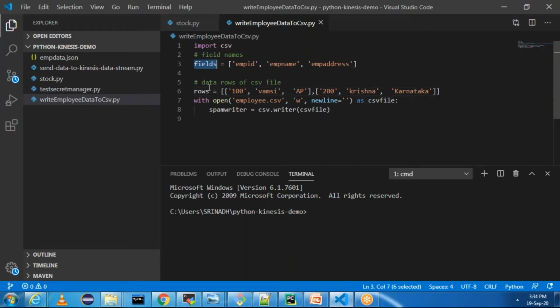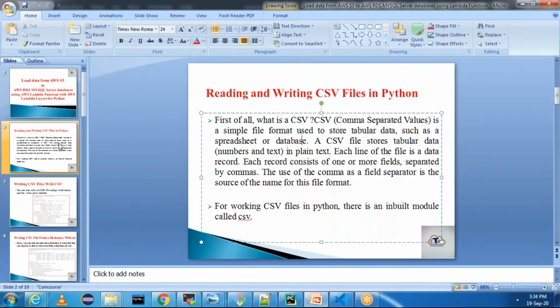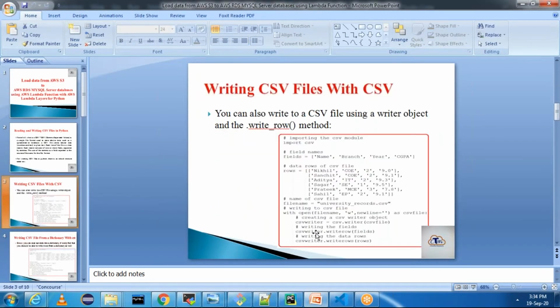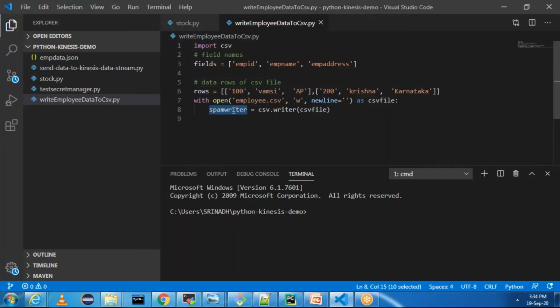I have the field names, I have the data rows of CSV file. As per this, we are just going to use write row. We have to write the fields. Write rows, we need to write the rows. Go here, and whatever the writer you created, I can say this as employee writer, and you can say employee writer dot write rows, or write row.